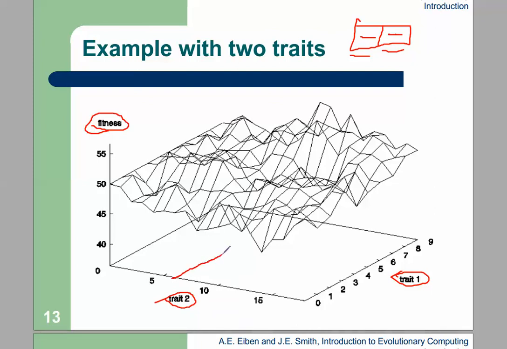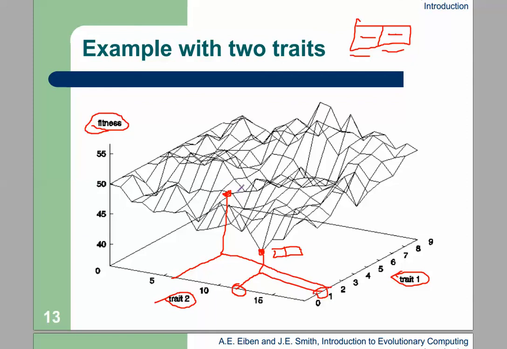For example, this trait and this trait cause, for example, this fitness. It is a high fitness, but these genes combined with these genes cause low fitness. In other words, this combination provides an individual with lower fitness or lower quality